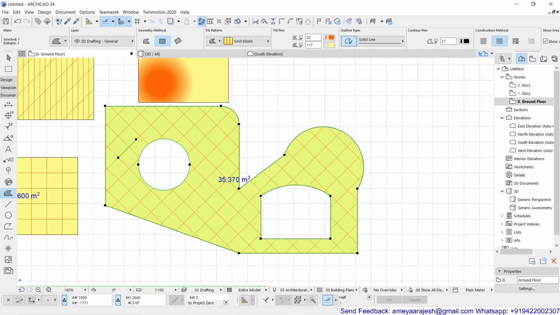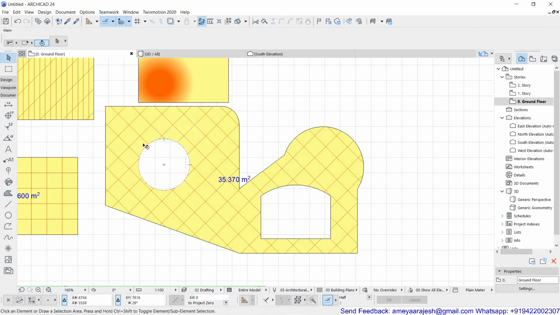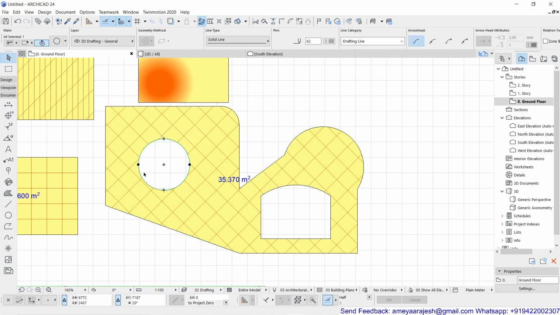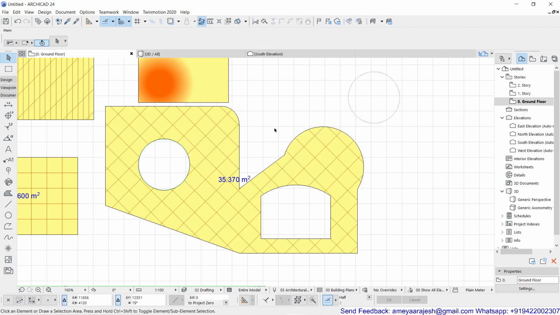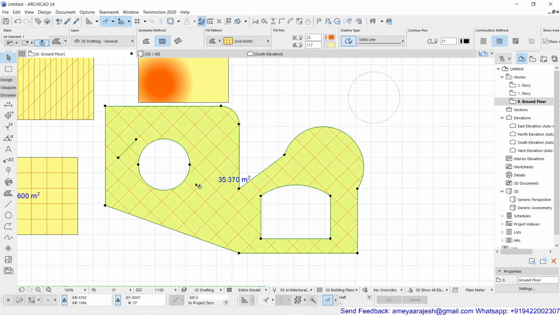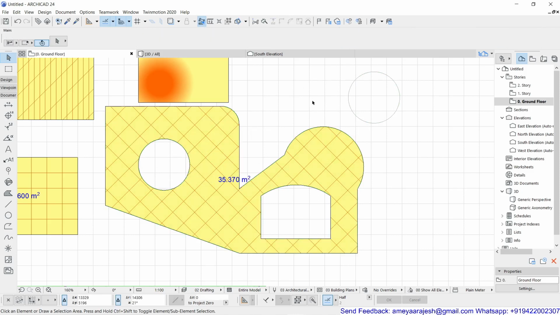Now if I deselect the object, remember the circle which you have drawn is still at that same level. If I stay over here, I'll see that the circle is still available. If I want to discard it, I can delete it, or if I want to move it and keep it somewhere else, I can do that. Now this is your original fill, and this is with the circular puncture. Let's talk about one more point: if I want to construct this circle, or fill up this circle area, how can I do that?